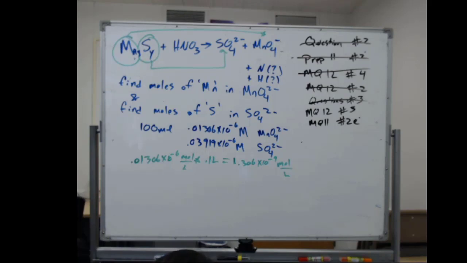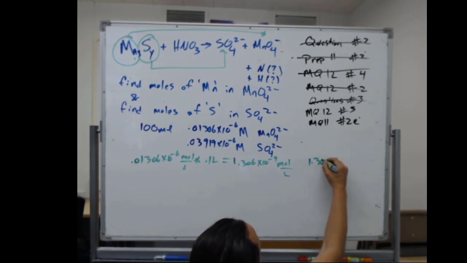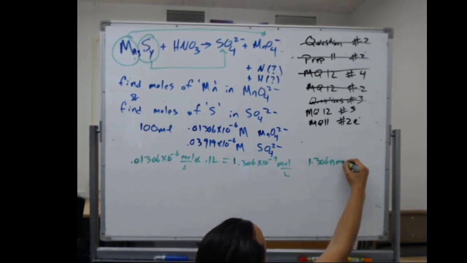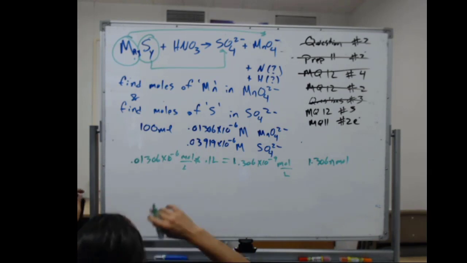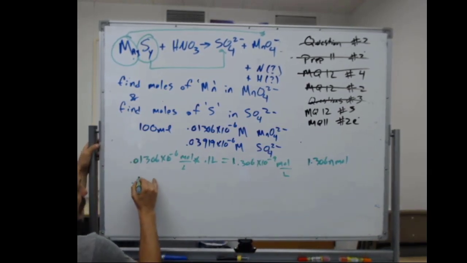Sounds right. Yep, that's good. And I'm just going to call this 1.306 nanomoles, just because then I don't have to carry that 10 to the negative 9 everywhere. I'm going to do the same thing here,